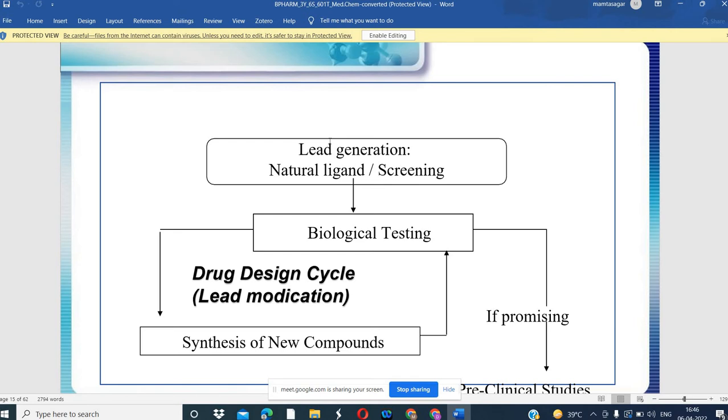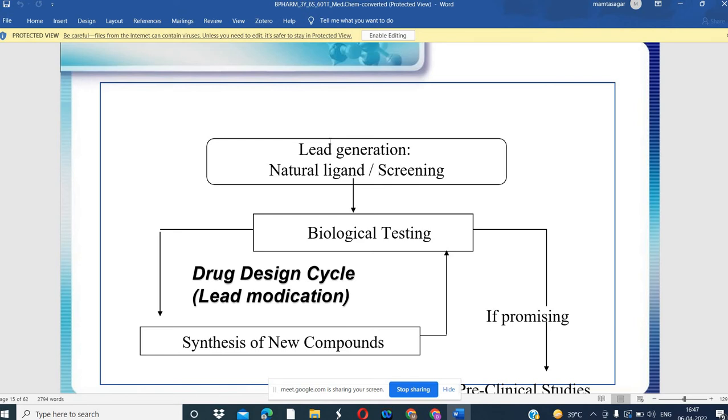After that, animal patients and human patients are used. We can apply that drug to the animals, then we can apply the drug to humans. All this testing comes under biological testing. Biological testing we can also do in the laboratory in the microarrays. In that we do not use the animal or human source directly; we only take the tissues from that.